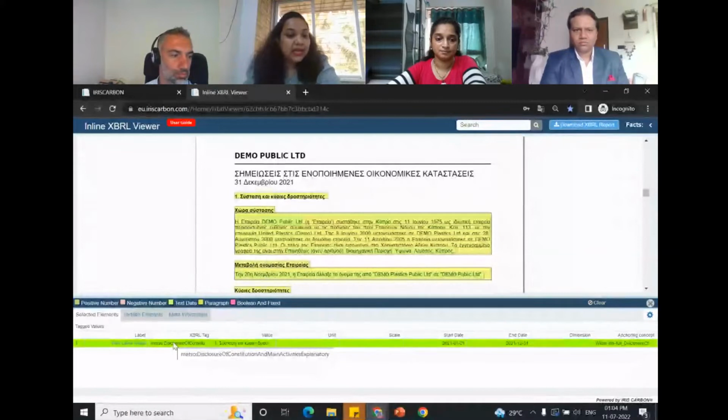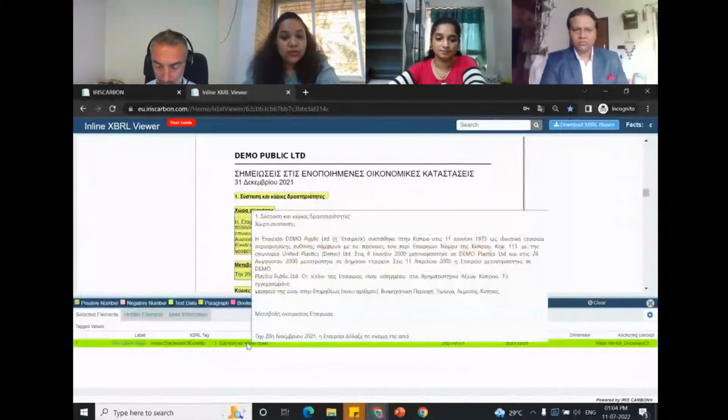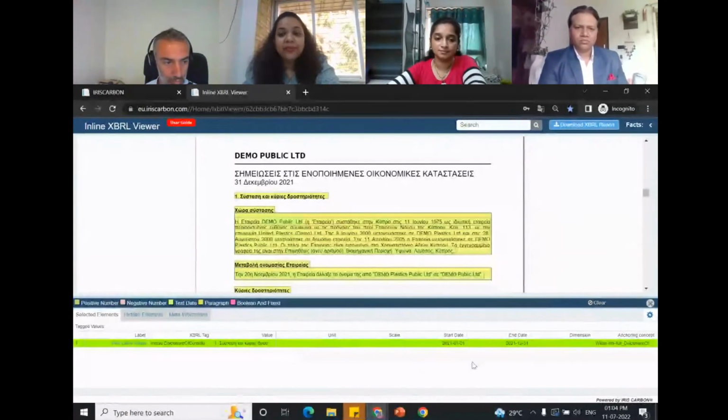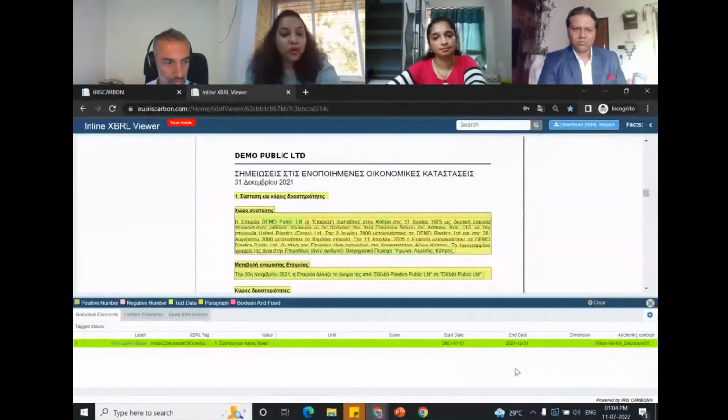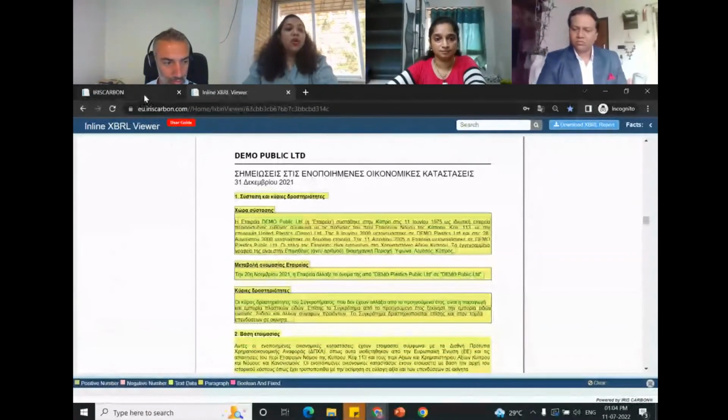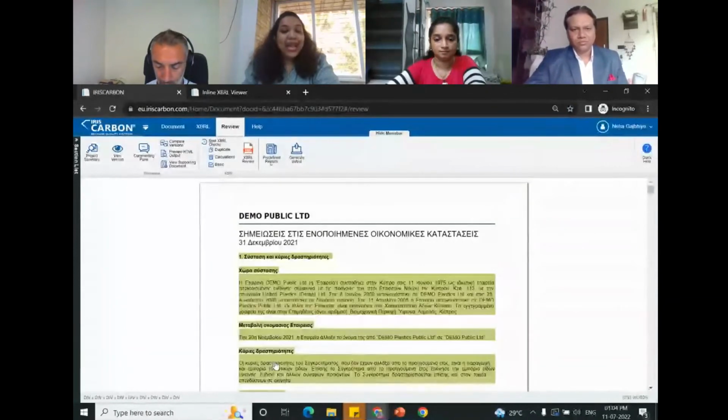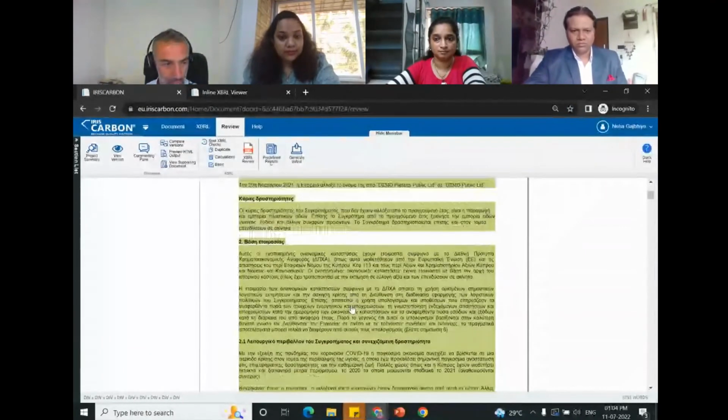So this is basically an extended element, and the value, that is the note which is XBRL tagged, the period, and also the anchoring as well. So from this as well, you can review the block tagging of notes. So this is all about the block tagging and the review part.